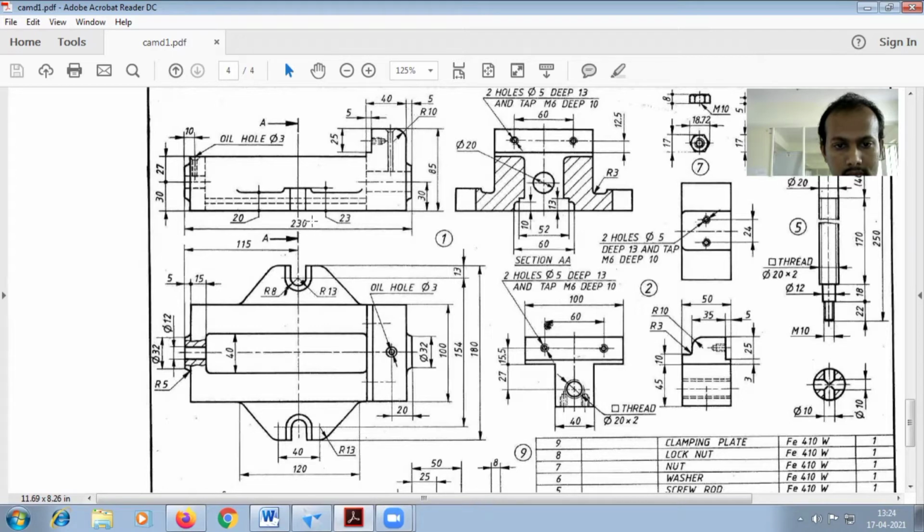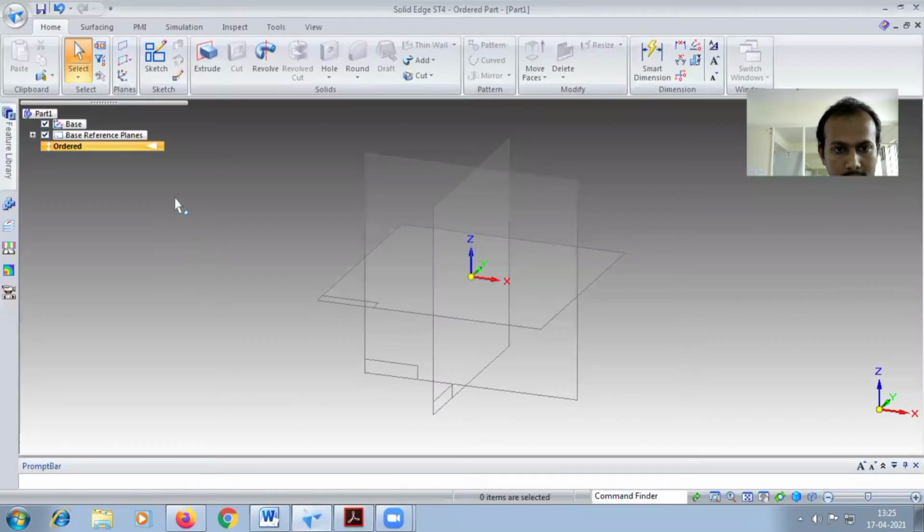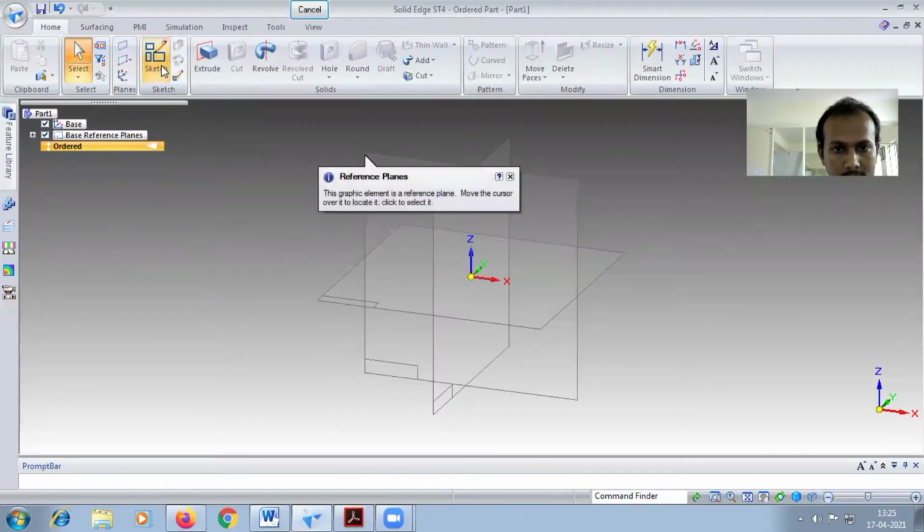So first dimension in the baseline of the front view, 230 is there, and on the right side you can see there is an extra part of extension, 5. Okay, and the left side you can look at this, and this 10 is given. In the top you can look at that one, that is also 5. Okay, so on both sides you have to subtract initially 5 and 5, totally 10. The remaining dimension is 220. Okay, so now I will start the front view.